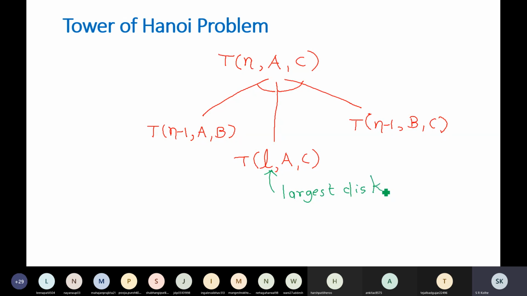Simple. Same steps now we have put in the form of an AND/OR graph. The goal is what we have to achieve: transfer all n disks from pole A to pole C. For this, all these tasks you will have to perform. You will have to transfer the largest disk from A to C. You will have to transfer n-1 disks from A to B and n-1 disks from B to C. Again, to do this recursively, similar steps you will have to apply repeatedly. Okay, understood? Representation of Tower of Hanoi problem.